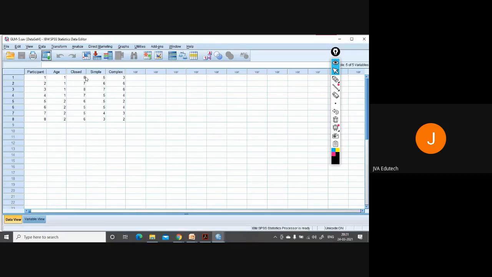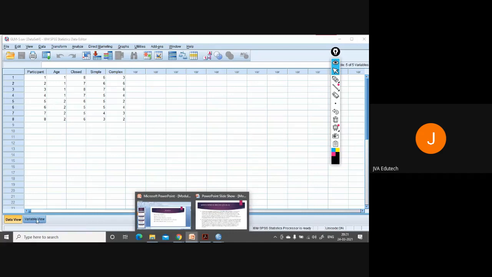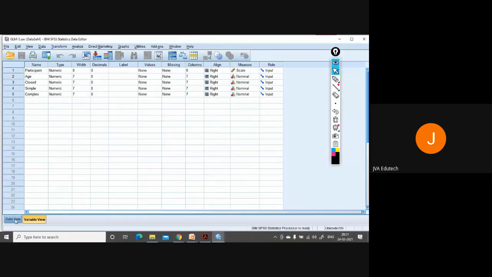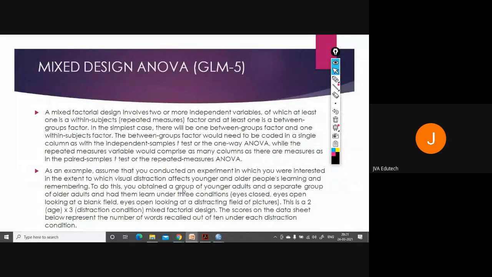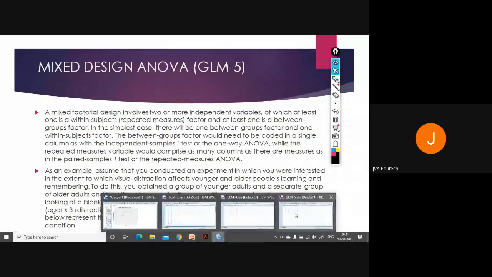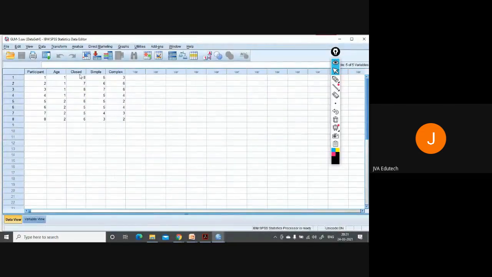Then you have the closed eyes. You have the 3 situations. What are these 3 situations? They have eyes closed, eyes open looking at a blank field, and eyes open looking at a distracting field of pictures. So closed, simple, and complex, 3 situations.